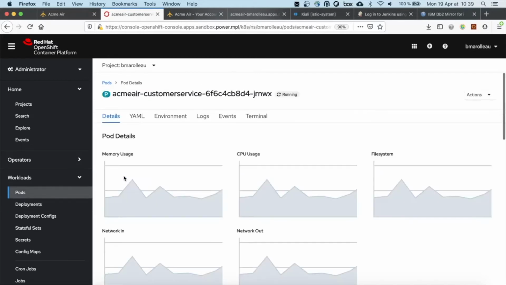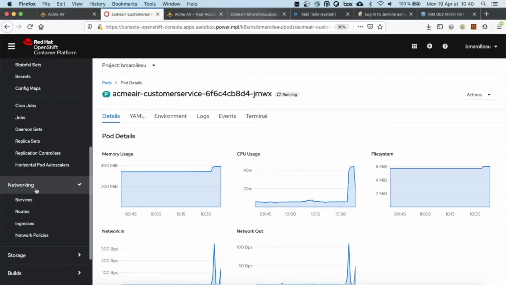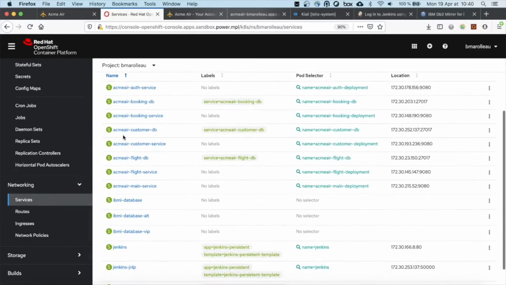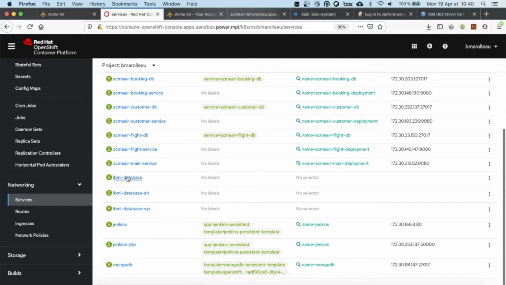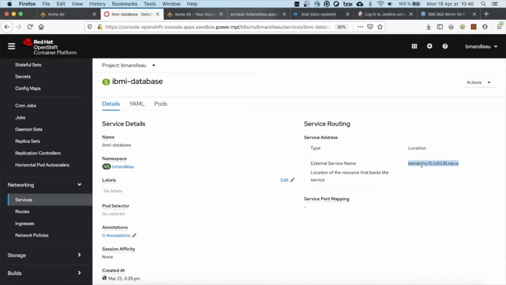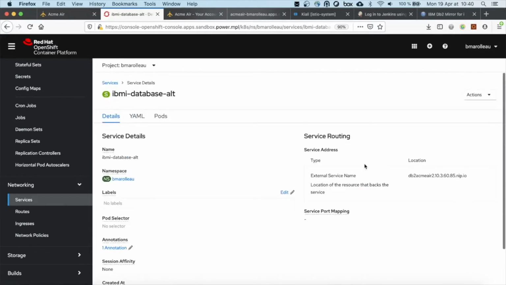And yeah, it does the link between the IBM world and the front-end applications. Let's have a look at the services. This is the IBM database service, which is used by the JDBC connection to connect to the primary, I would say, one of the IBM nodes. And I've got the IBM database alt, which is the alternative node,